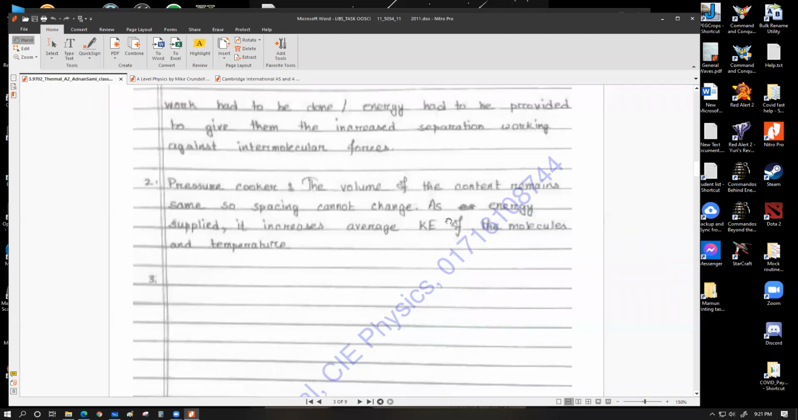As energy is supplied, it increases the average kinetic energy of the molecules and the temperature. So within a pressure cooker, because the volume is fixed, if you keep on applying heat, the gas simply cannot go out expanding. As a result, the temperature has to increase. This is essentially why boiling water within a pressure cooker will take significantly shorter time compared to boiling water in